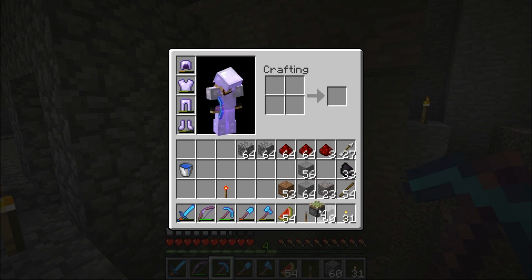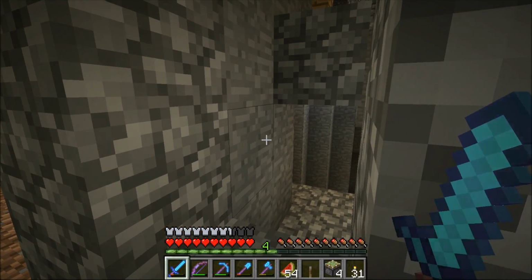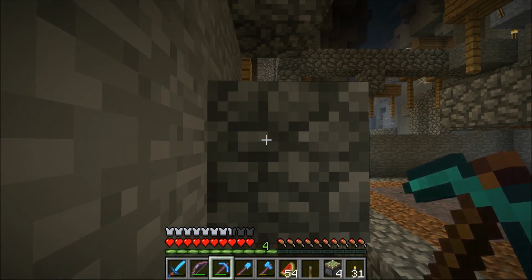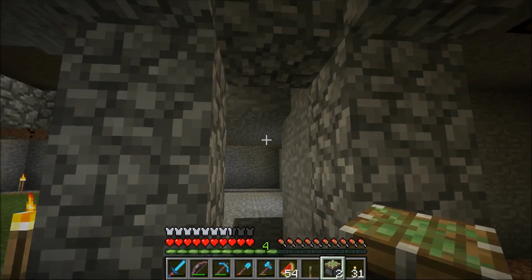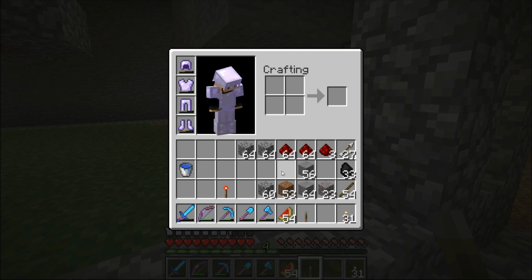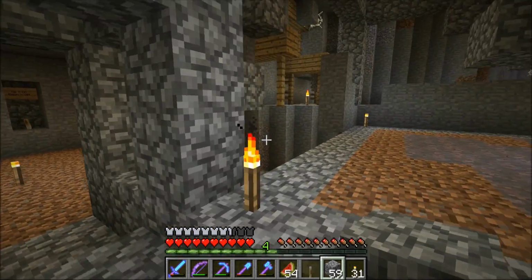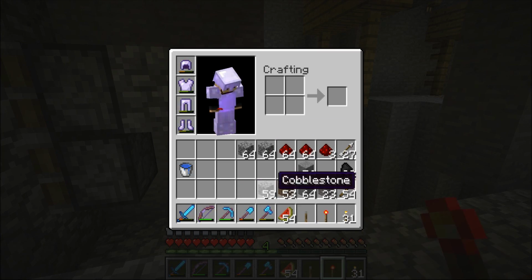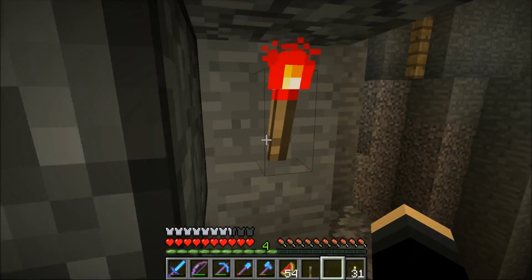You know what? Let's place the sticky pistons first. One there. How do you end up facing down? One there, one there. One there, and one there. Okay, so we have that block here. What I'm hoping that will do is... Yeah, that powers both of them, so...